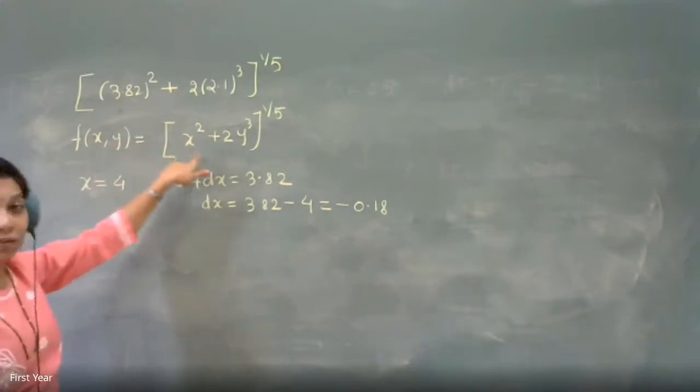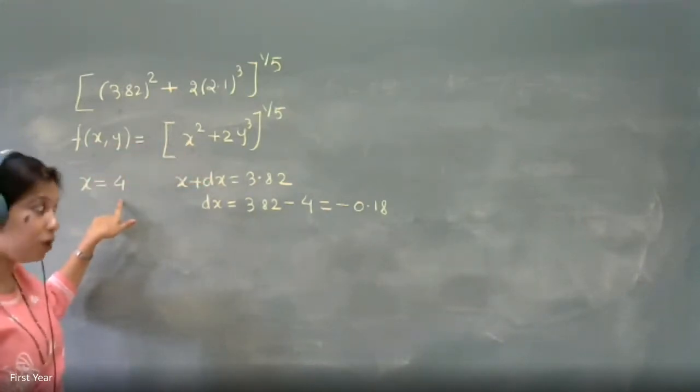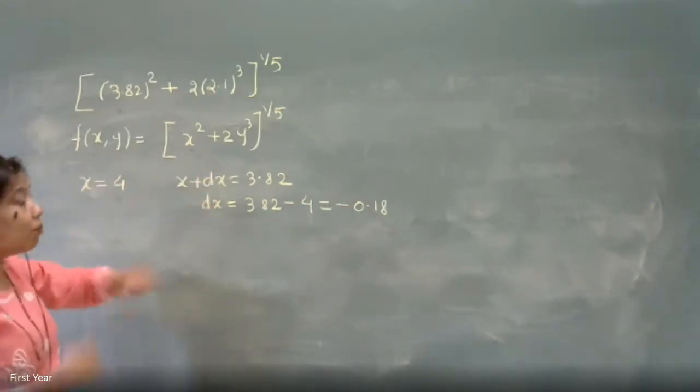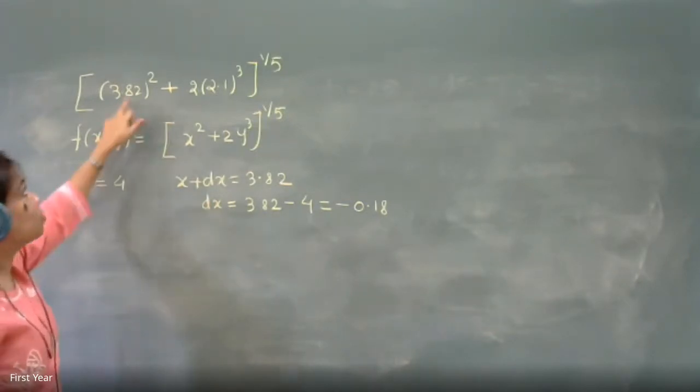Ma'am, if x is taken as 4, then in the above equation it should be (x plus dx) the whole square, right? (x plus dx) the whole square, the function of x, y that you wrote, because that becomes 4 squared, no? See, this is the generalized function which will give you the value for x equal to 4 and y equal to 2 also. And with the help of the same function, I will see if there is a change in x and y, what will be the effect on that final function? That function will give me its value.